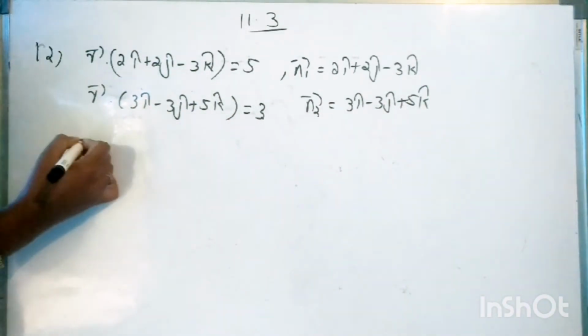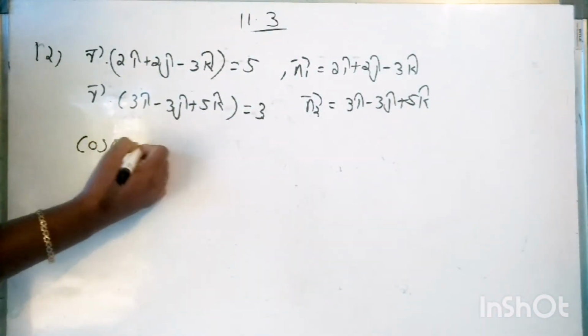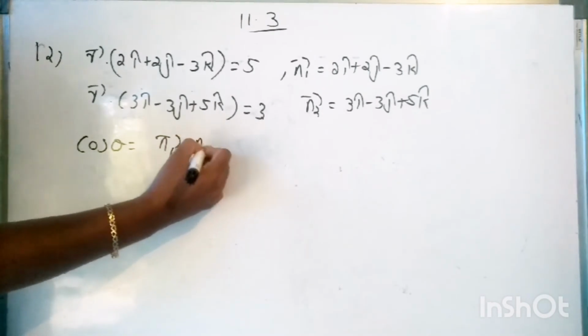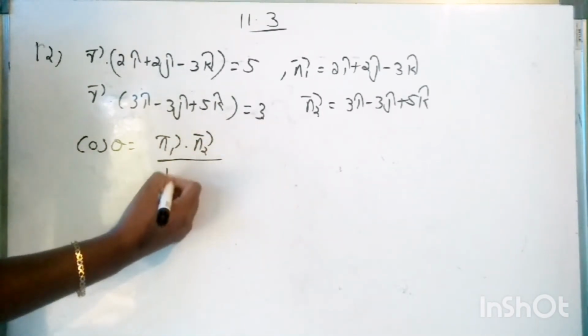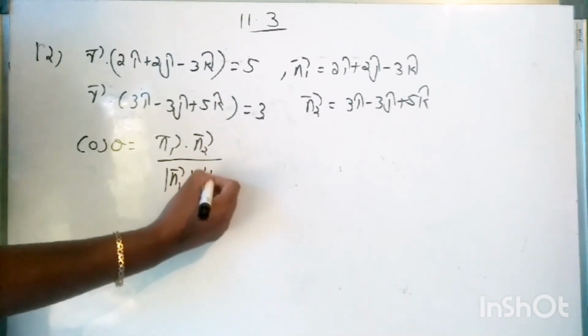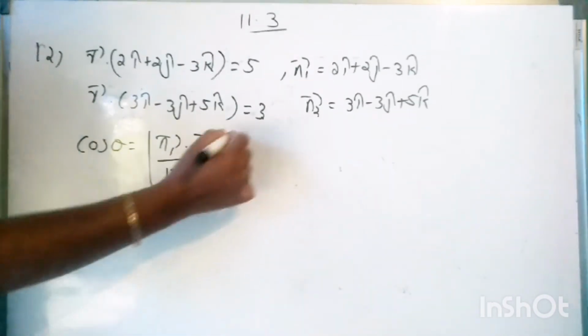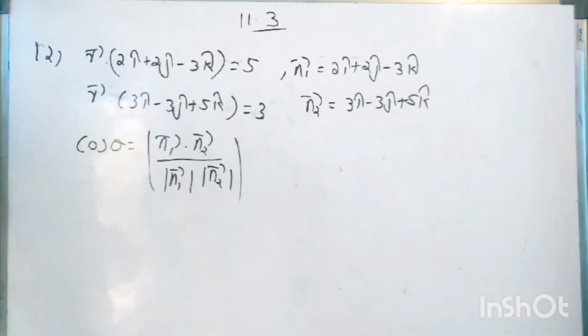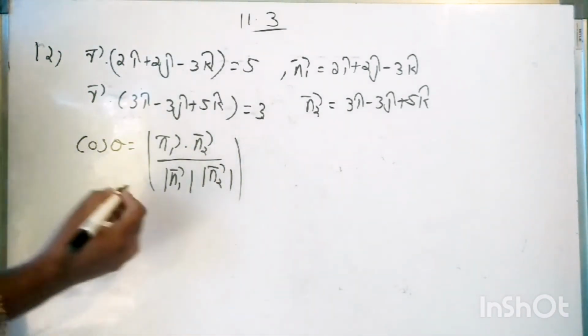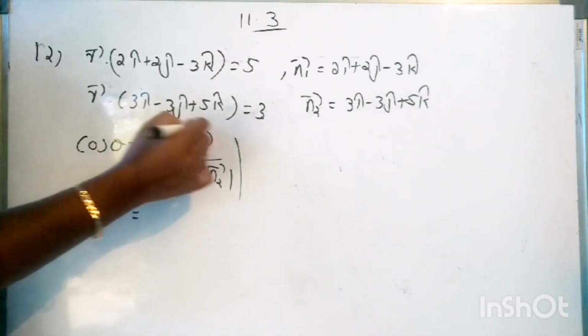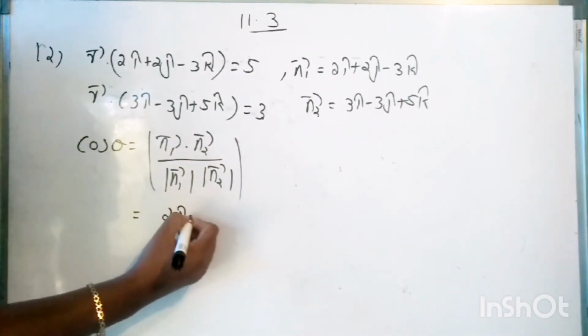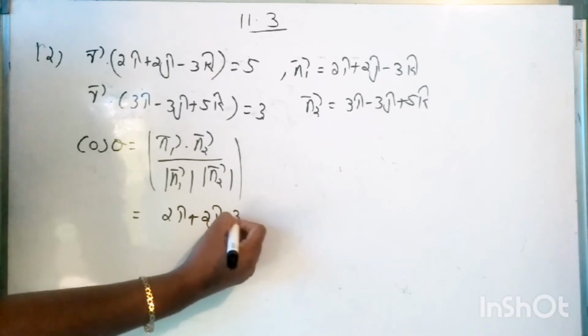Now we know that cos theta is equal to n1 vector dot n2 vector divided by magnitude of n1 vector into magnitude of n2 vector. So this is equal to n1 vector dot n2 vector, that is 2i plus 2j minus 3k